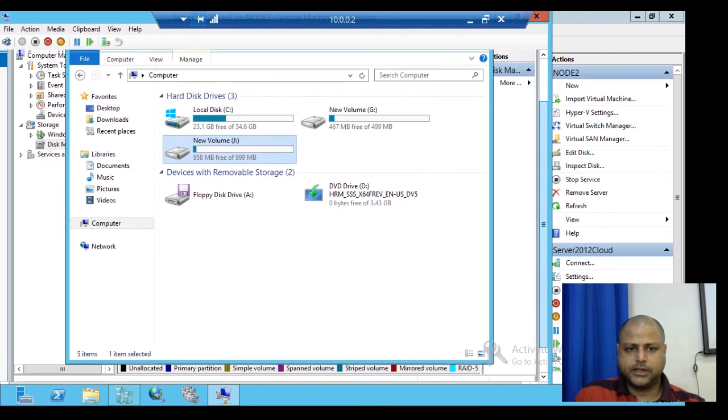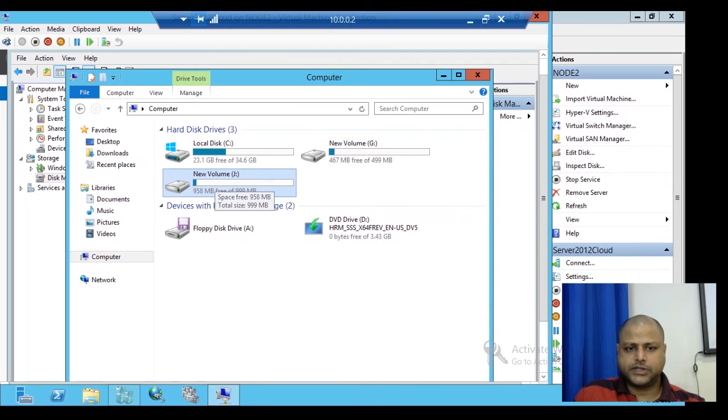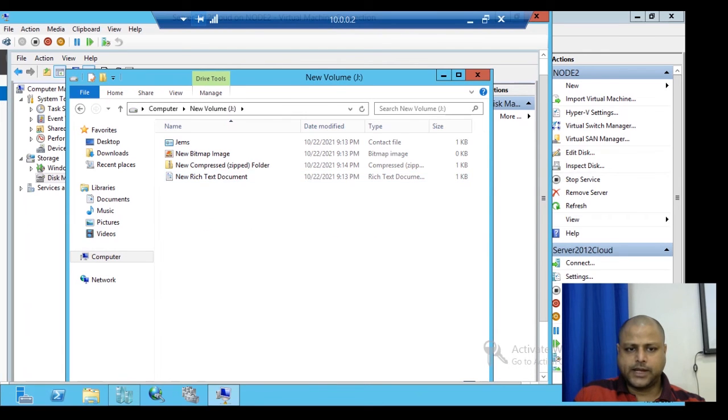Now see here, the J drive is already there. So the J drive is here. It is already providing me the data. So at the user end level, you can see that the data is available over here. That means the user end will not feel that any problem has occurred, but actually what will happen is the disk will go down, and still the data will be available over here. So in this scenario, if any disk goes down, it doesn't affect the data.